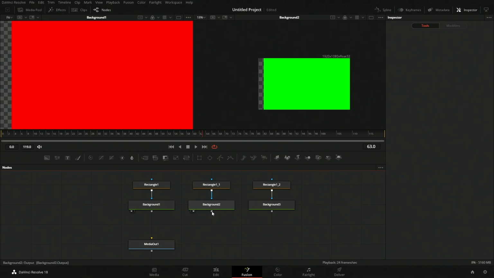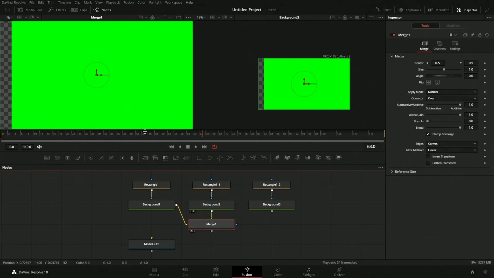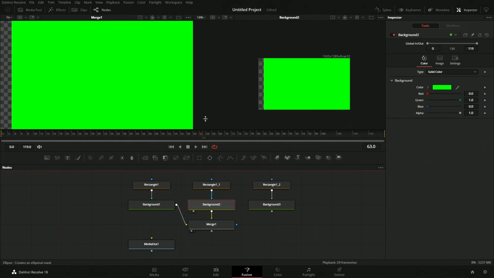So we're going to come from here, clicking on this black or gray box, and then dropping it on this gray box. So then, as you can see here, this is going to be the foreground element, and then this is going to be the background element. So this is going to be laid on top. If we were to view this merge and drag it up here, we can see that this green is obviously